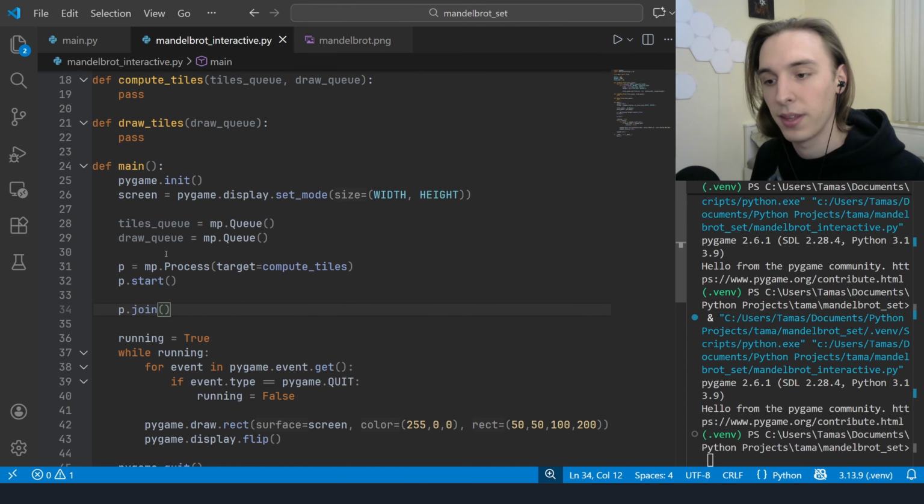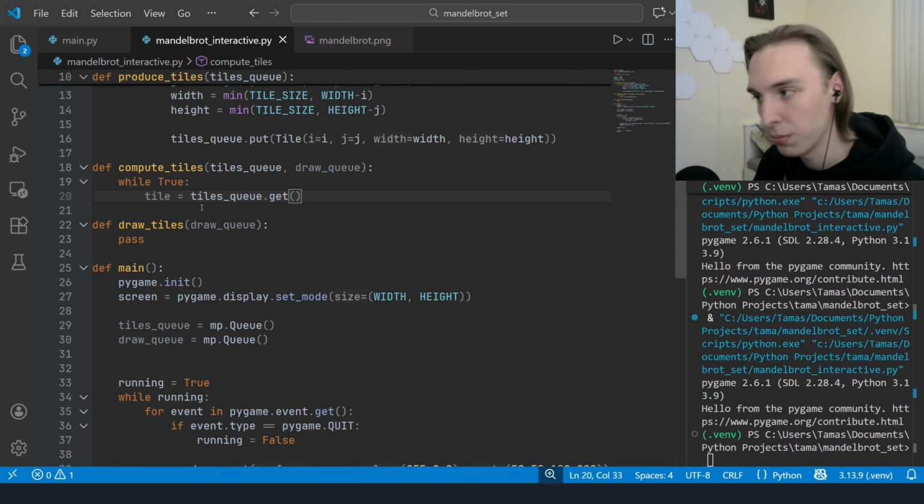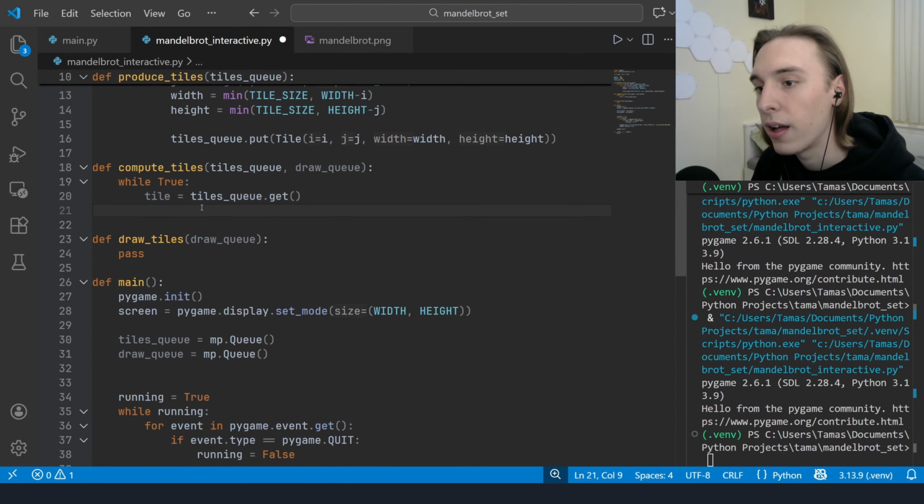We do the tile is just take something from the tiles queue, and so we get it from a tiles queue. And so as far as I've understood, if this is empty, then it just returns nothing, and then nothing happens. But as a way to tell it to gracefully stop, so we can bring the whole program to a halt without having to just kill it, we do if